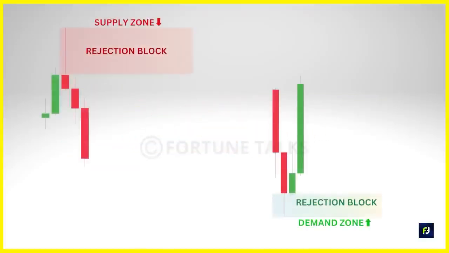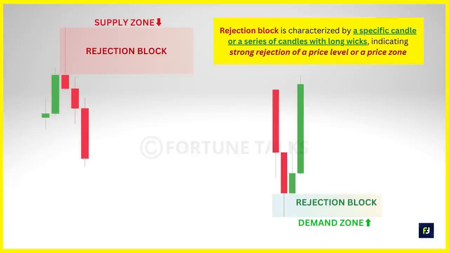Now, let's begin our discussion on rejection blocks. A rejection block can either be a sell zone or a buy zone that appears on the chart as long wicks or shadows of candles at the market highs or lows. This block is characterized by a specific candle or a series of candles with long wicks, indicating the strong rejection